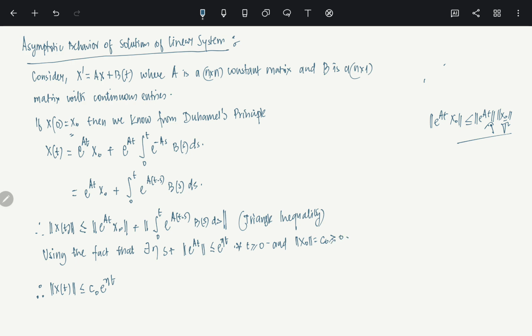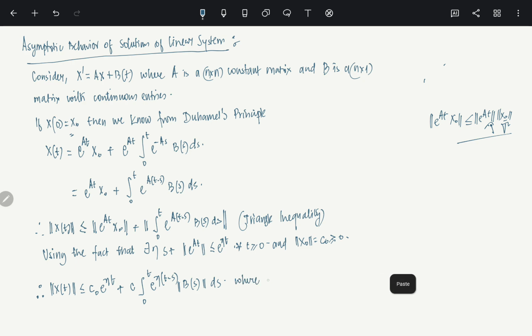So this is there, plus we can say that c times the norm of, I will write what c is here, integral from 0 to t of e to the power eta, this eta, times (t minus s), b of s ds, the norm of b of s ds. Is this okay? I'm just taking the norm on both sides and writing it. And what is c here? This we need to write, where